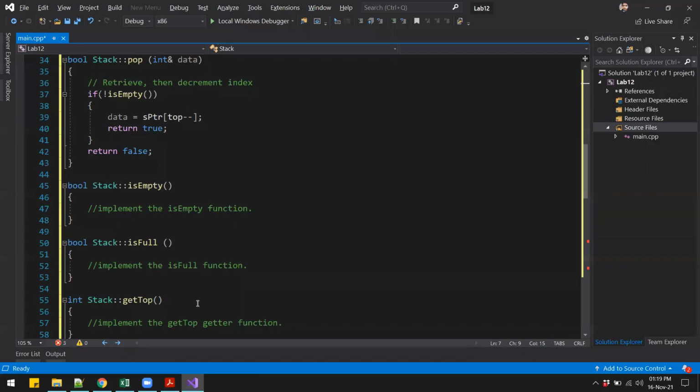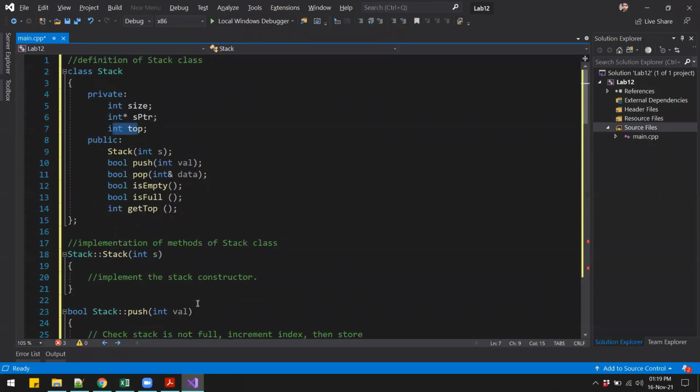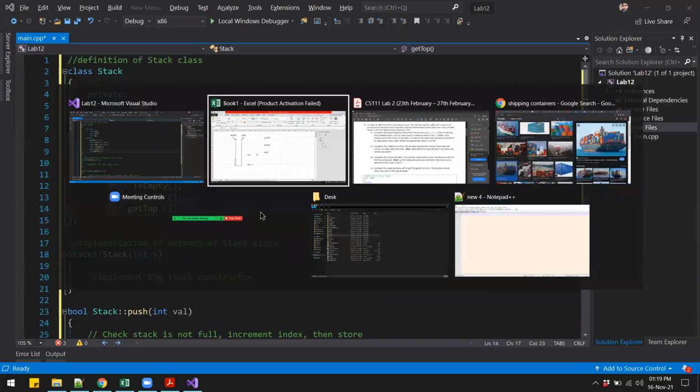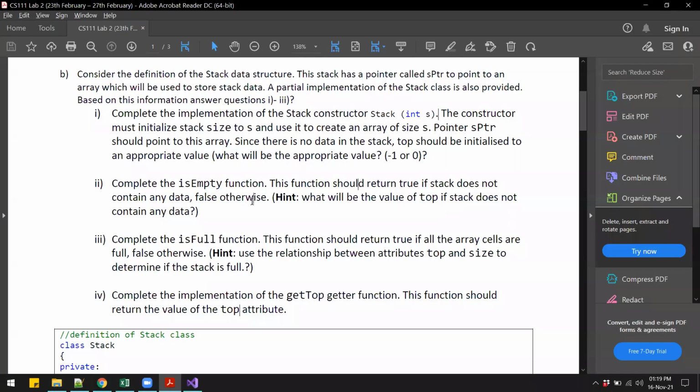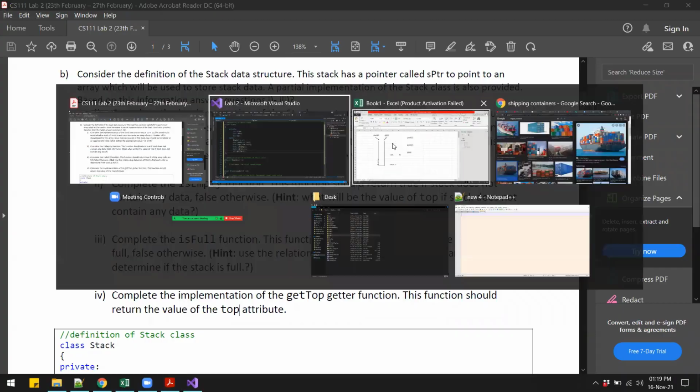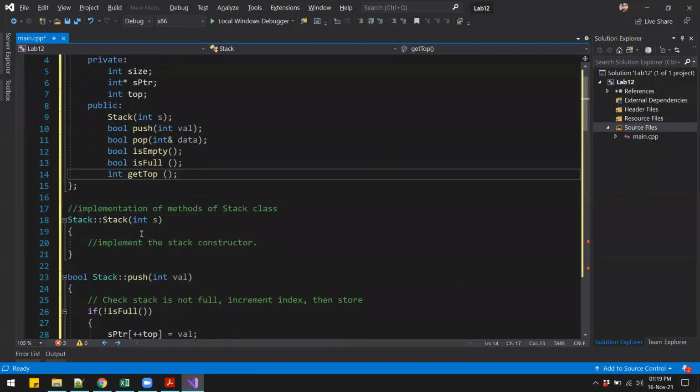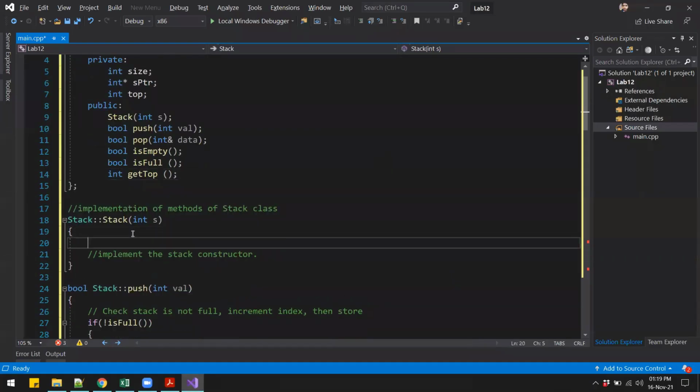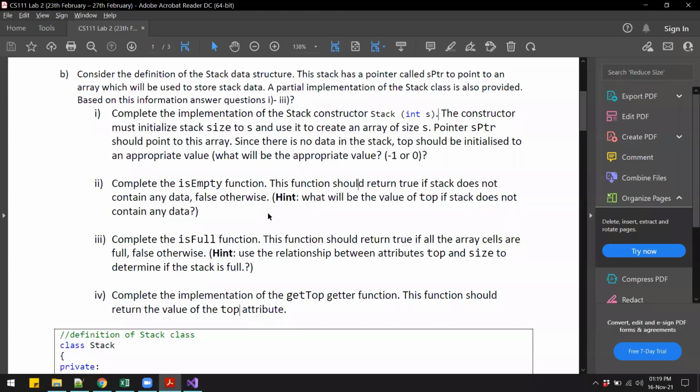Now let us have a look at the constructor. It says that the constructor must initialize the size variable. The constructor right now is empty. So what we have to do is initialize the size of the stack with this s parameter, as it is mentioned over here: initialize stack size to s.